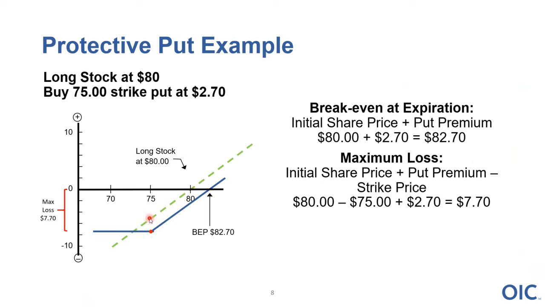Another advantage of the put option is more or less the psychology. As I just said, the stop loss might not get triggered at your level, whereas the put option is going to hold your right to sell shares at 75 all the way through expiration. There's also this psychology effect. Those of you who've traded for a while, I'm sure you've been in this situation. You buy stock at 80, you set your stop loss at 75, the stock starts trading down, 77, 76, and you're thinking, you know what, I don't really want to get out of this trade here. So you move your stop down to 72. Next thing you know, the stock's trading 74 to 73. You move your stop again, and then you think, okay, that's it, I can't move it anymore, and you're stopped out at 70. It's very easy to fall into that trap